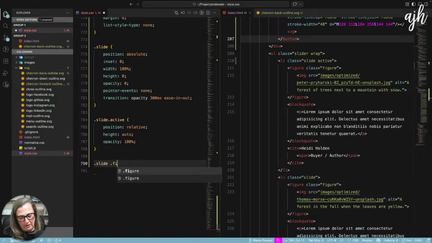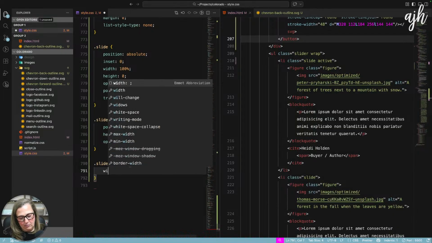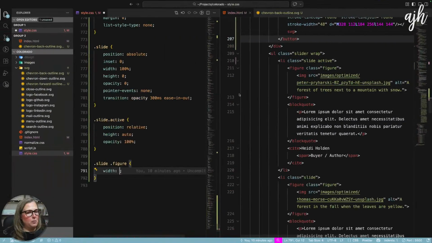So we're gonna do the slide figure. And we'll do a width of, well, what does it say here? 100 by 100. That seems pretty small, but we'll go with it. 100 pixels. Well, what is that in rems?